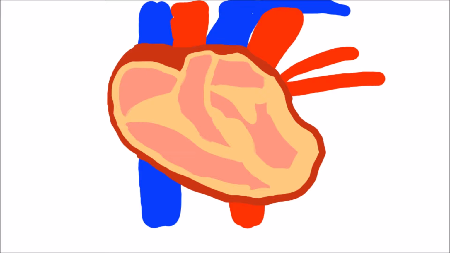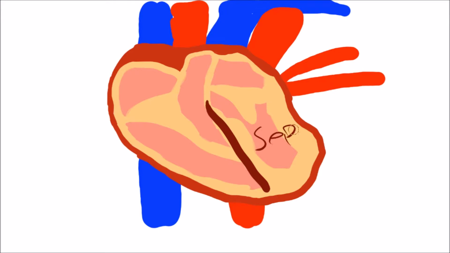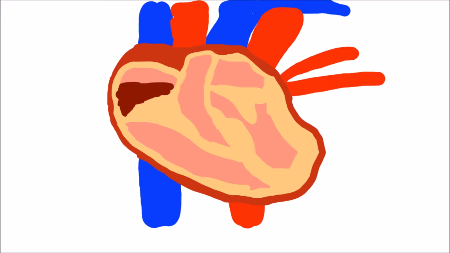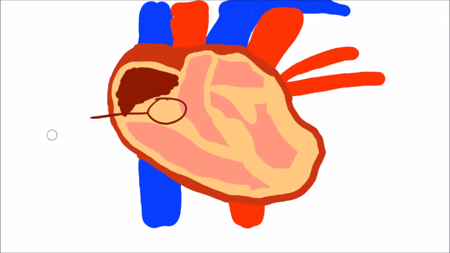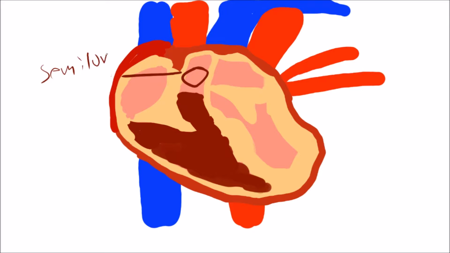The heart is the engine that keeps the entire circulatory system moving. Its main purpose is to pump the blood throughout the body. The heart is made up of four parts: the left atrium and ventricle, and a right atrium and ventricle. Both are separated by the septum. Deoxygenated blood arrives in the left atrium from the systemic circuit. When the atrium contracts, the blood is pushed from the left atrium to the left ventricle through the atrioventricular valve, or the AV valve. From there, the left ventricle contracts, and the blood is pushed through the semilunar valve into